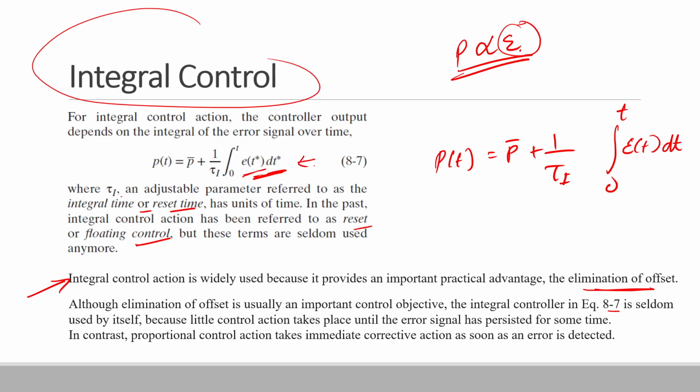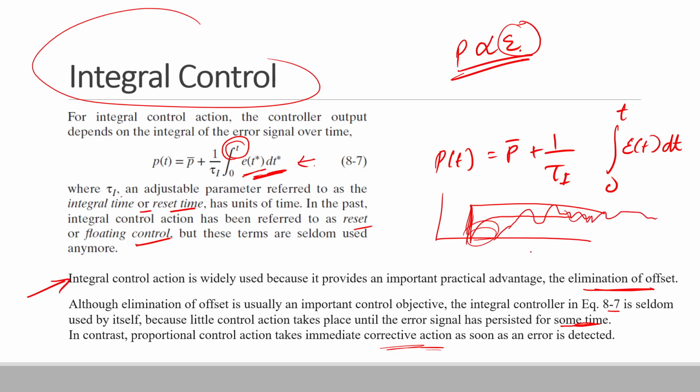because in the case of such a controller, the control action will be taken only after some amount of time has passed. That is, it acts only after the error signal has persisted for some time. In contrast, the proportional control action takes immediate corrective action. If I just draw a rough diagram, as soon as I change my set point, the proportional control action will start acting. Whereas in the case of an integral controller, it will start acting after some amount of time has passed, that is, after the error has sufficiently accumulated,